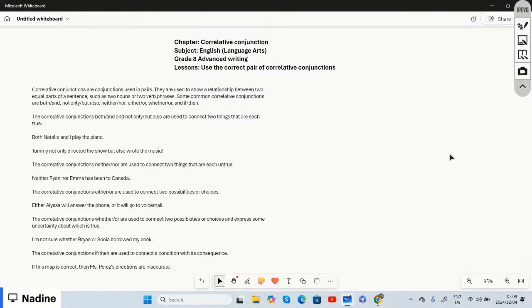And we see that correlative conjunctions are used in pairs and they're used to show the relationship between the two equal parts within a sentence. So we can basically say that it's like two nouns or it can be two verb phrases, but it will basically show the relationship between these equal parts within a sentence. Some of our common correlative conjunctions: